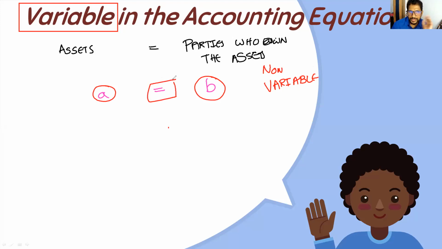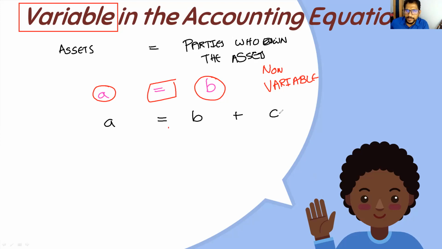The value of A can be changed, the value of B can be changed, but the equal sign can't be changed. Right? So I'm going to present a question like this now. Very interesting. I'm going to expand this equation like this: A equals... yes, we can change the signs. I told you that in the beginning. You can change the signs. Look at this one. Now, A equals B plus C.